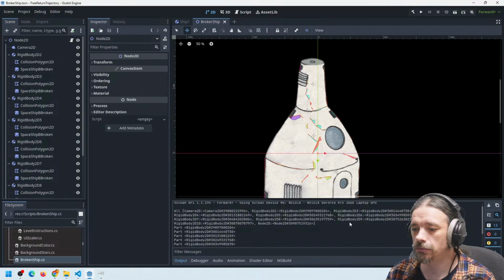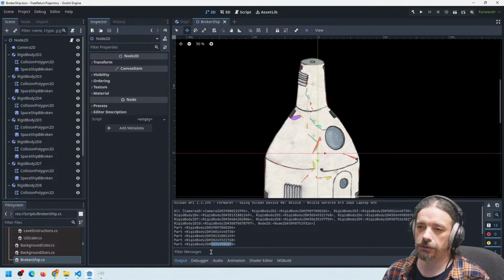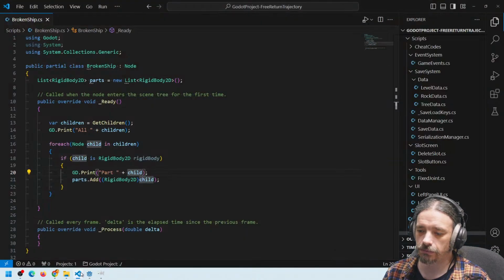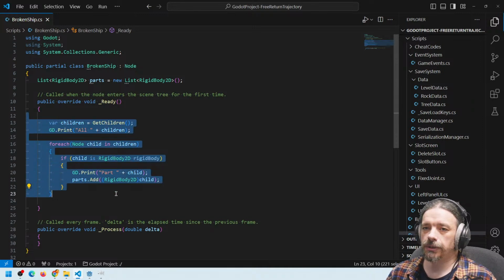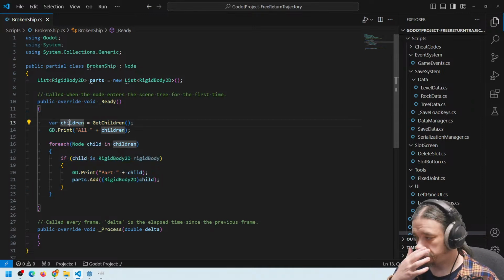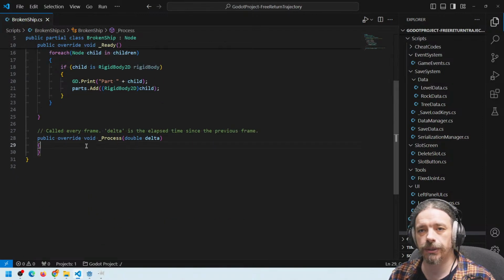So part rigid body, rigid body, rigid body, rigid body, rigid body. So we actually have a list with only the rigid bodies. So when the thing starts, we have a list with all rigid bodies. Parts. So now we can,